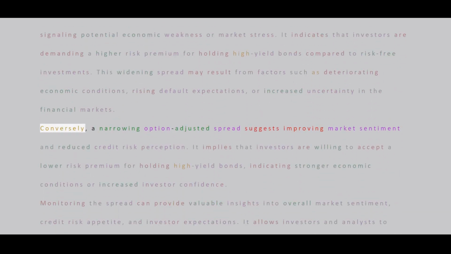This widening spread may result from factors such as deteriorating economic conditions, rising default expectations, or increased uncertainty in the financial markets. Conversely, a narrowing option-adjusted spread suggests improving market sentiment and reduced credit risk perception. It implies that investors are willing to accept a lower risk premium for holding high-yield bonds, indicating stronger economic conditions or increased investor confidence. Monitoring the spread can provide valuable insights into overall market sentiment, credit risk appetite, and investor